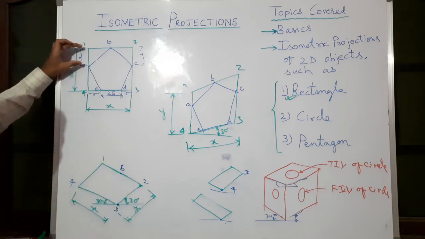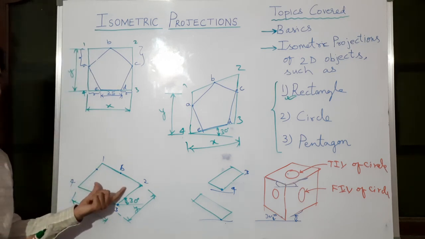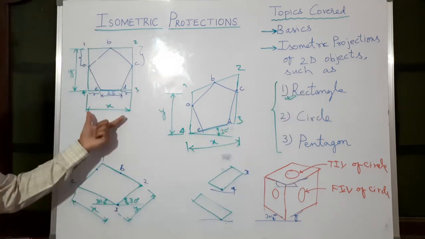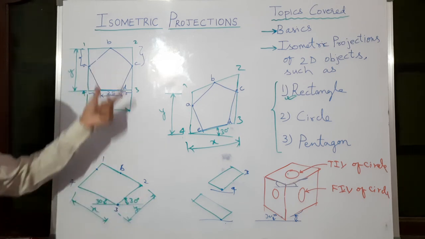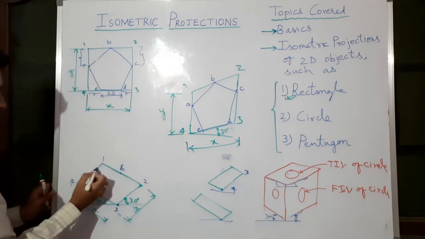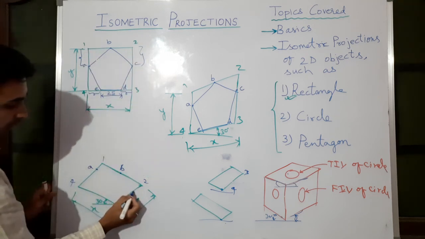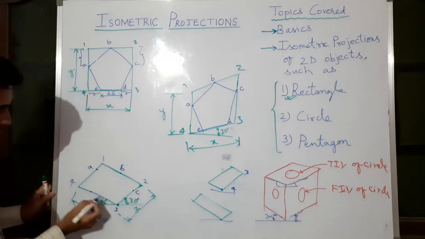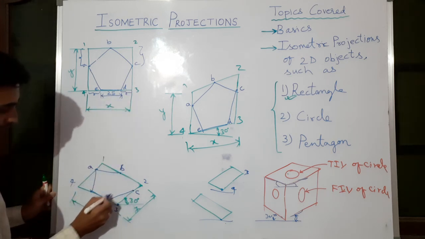Then the 1 to A measurement and marking. Why am I not stressing much on this rectangle? Because you have already seen the top isometric view of the rectangle. With that same procedure, using X and Y dimensions, we have completed the rectangle. Now we are just learning how to put this pentagon in this box. 1 to A, here by measurement we have shifted. 2 to C, measurement and shifting here. Then 4 to E, measurement and shifting here. 3 to D, like that. So join all of these, and you will get the pentagon in this manner.